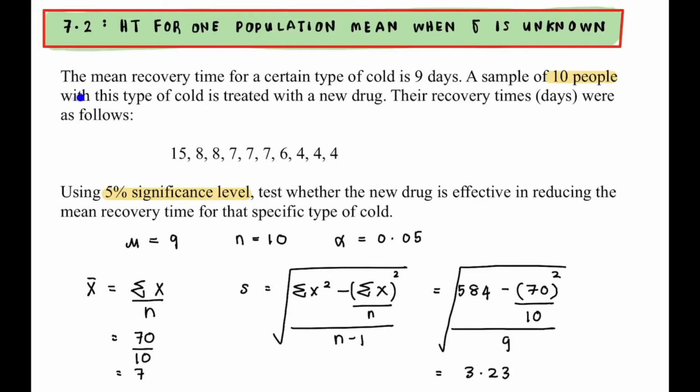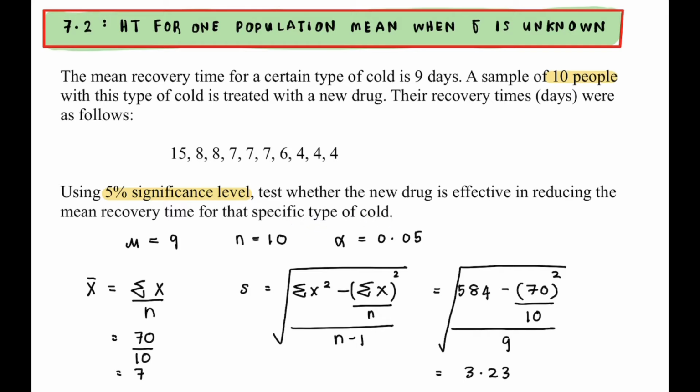Refer to example number 3. The mean recovery time for a certain type of cold is 9 days. A sample of 10 people with this type of cold is treated with a new drug. Their recovery times were as follows. So you are given the raw data. Using 5% significance level, test whether the new drug is effective in reducing the mean recovery time for that specific